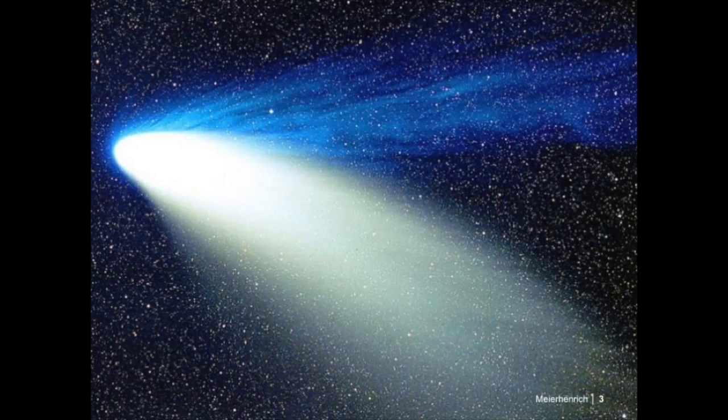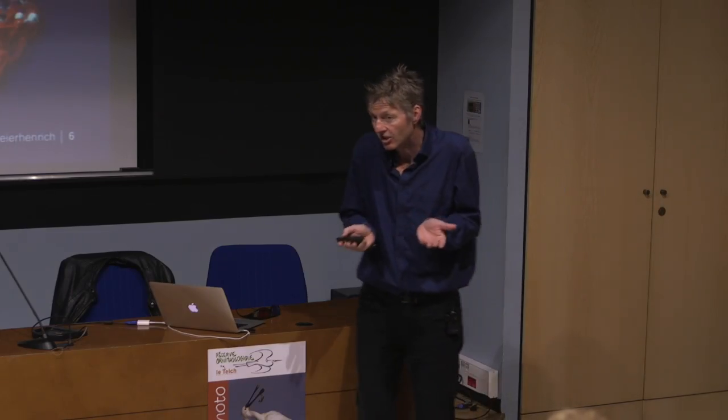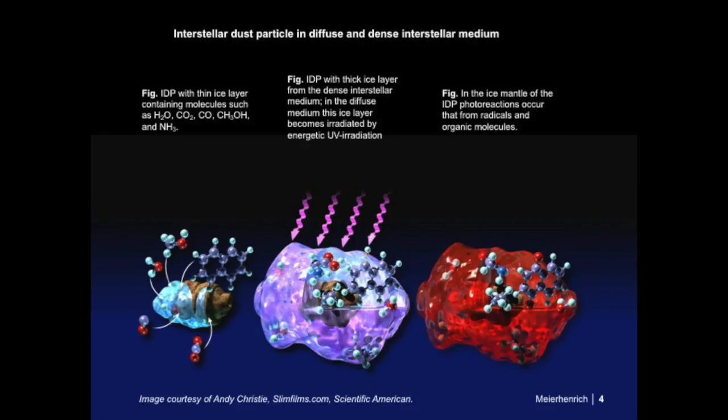Here's another image of the same cometary nucleus. You can't see the nucleus. The nucleus is extremely small. The nucleus is several kilometers in size. This here is several hundreds of millions of kilometers in size. The type 1 tail, the plasma tail, and here you have the dust tail. Just imagine, I just show you the images due to this blue color of carbon monoxide plus ions composing the